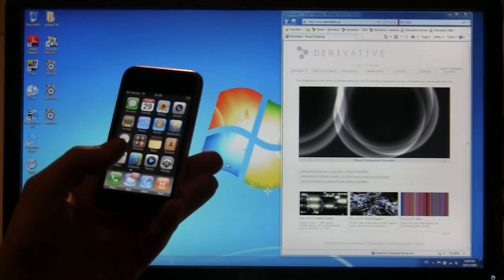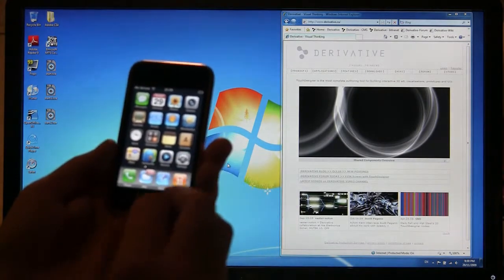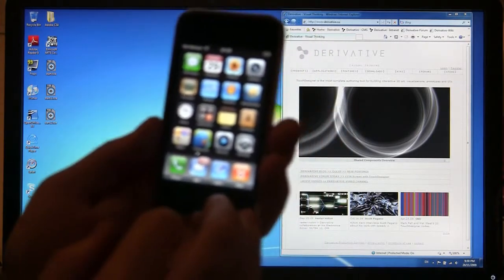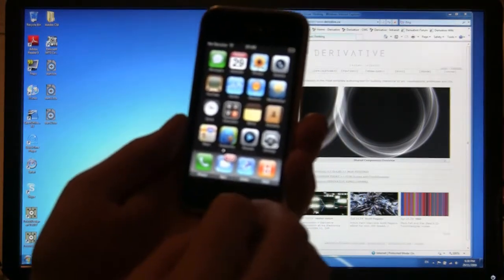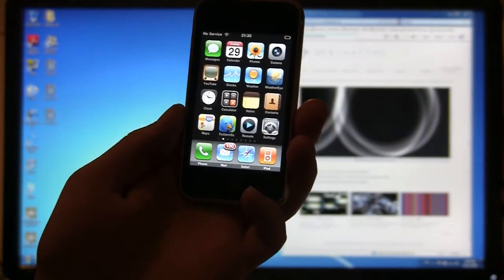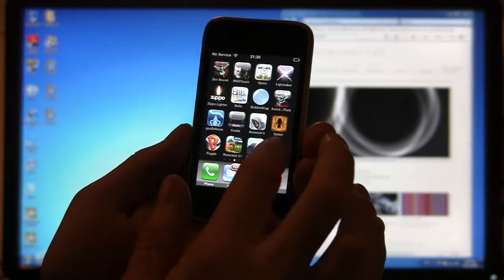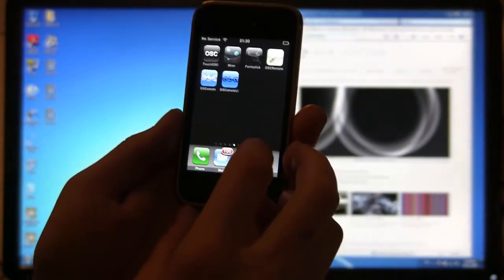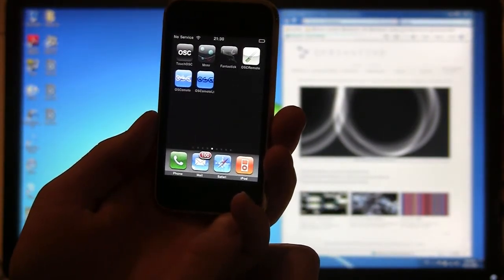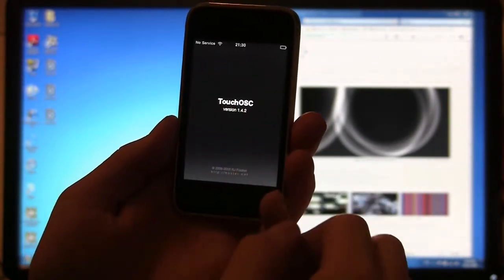Now, to communicate between the iPhone and Touch Designer, we're going to use iPhone apps that use OSC as a communication protocol. There are a number of apps out there. The best thing to do to find them is to search iTunes for the term OSC. OSC stands for Open Sound Control, which is a protocol used to communicate between various applications. So for this tutorial we're going to use an application called Touch OSC, and you'll see it here if I click on it to start the application,